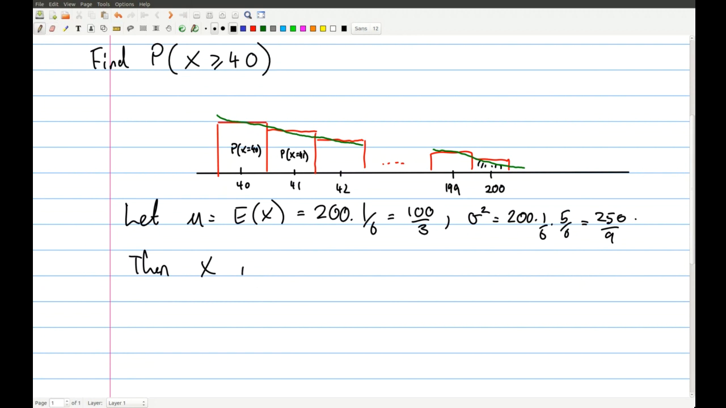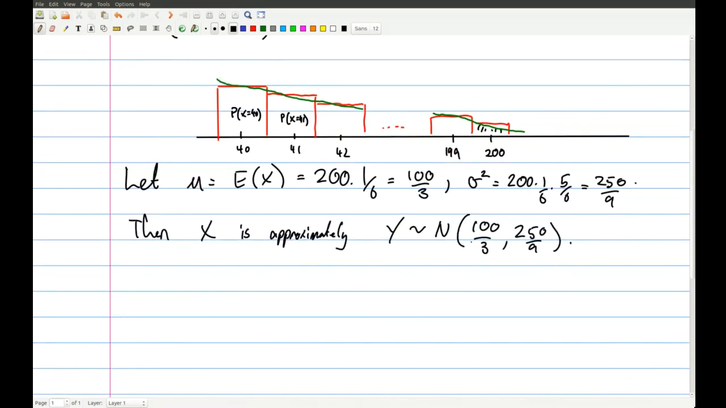Then X is approximately Y, which is a normally distributed random variable with expected value 100 on 3 and variance 250 on 9. That tells us what the Y variable looks like. And all we want to do is know the probability. Well, the probability that X is greater than or equal to 40